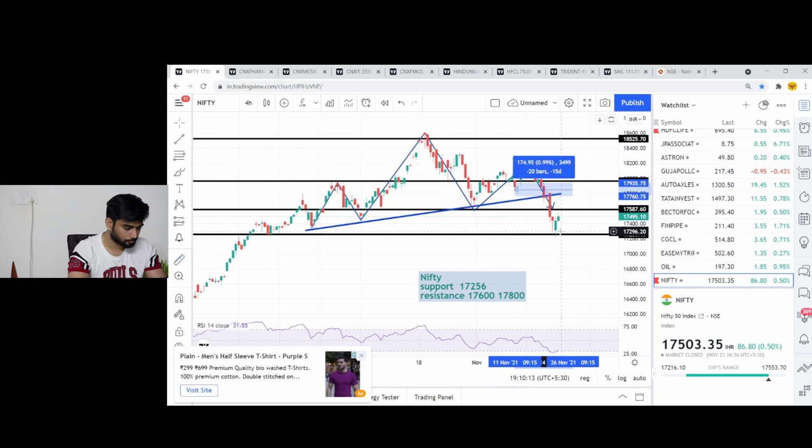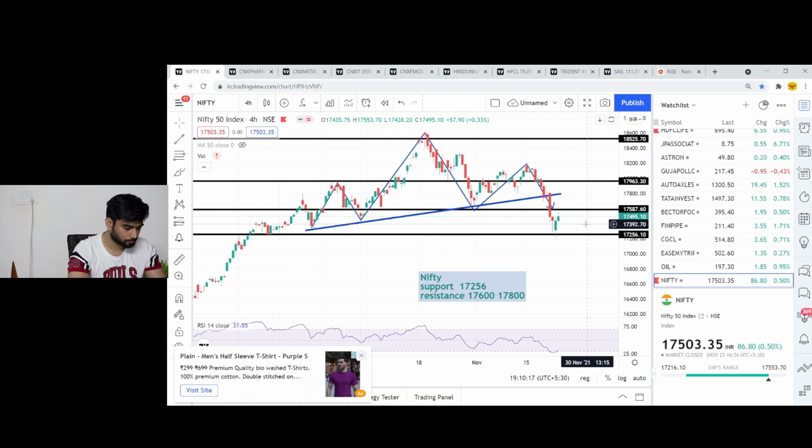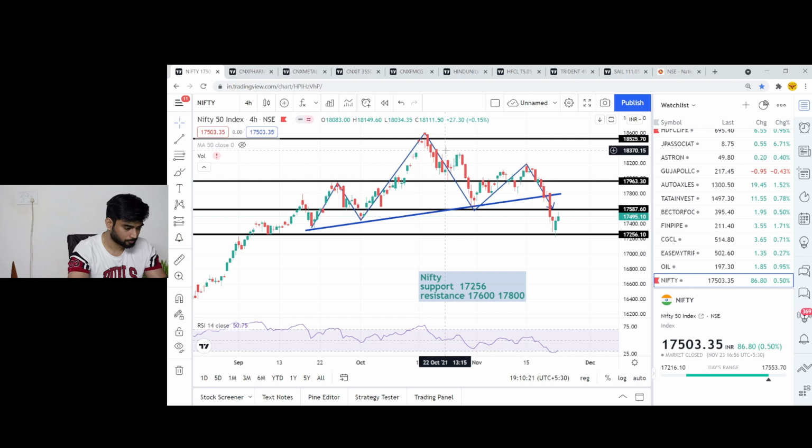What can we expect? Yesterday also I told you we have a bearish view on Nifty and the overall market. The reason is very simple: multiple times from the month of October, Nifty has shown some kind of buying candle, but that buying has been really weak, and the same kind of buying was seen today in the market, though it has happened after a couple of days.